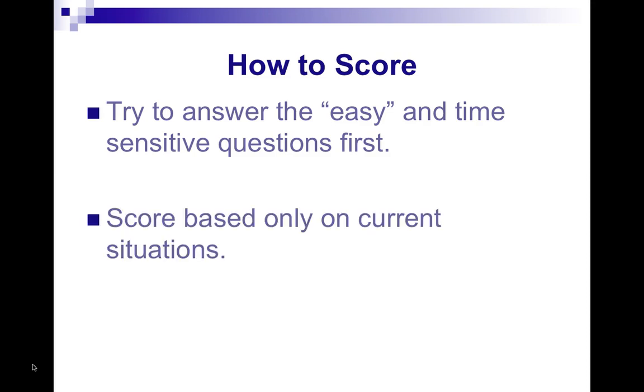Score based only on the current situations. Sometimes that's difficult, especially if you're scoring your own classroom. You're like, oh, yeah, man, we always do that, but today we didn't do that. Well, guess what? You have to base it on that current situation, because if the selection committee members come out,